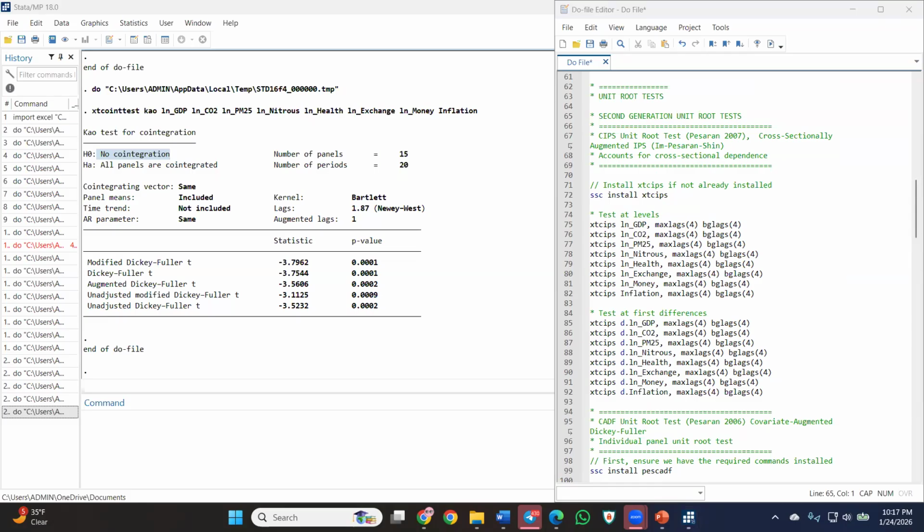You have to test at level and also at first difference. Some people test for second difference, but if you test at level,